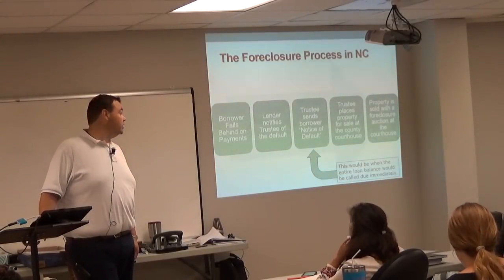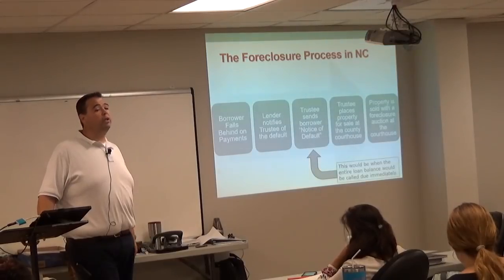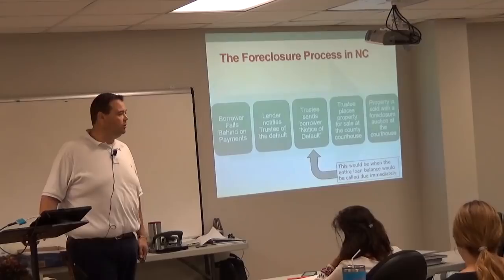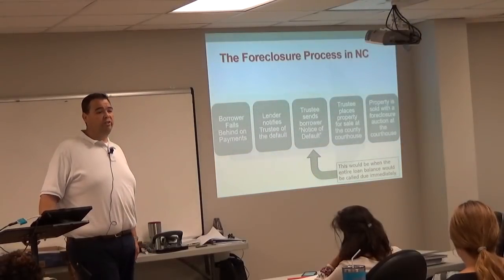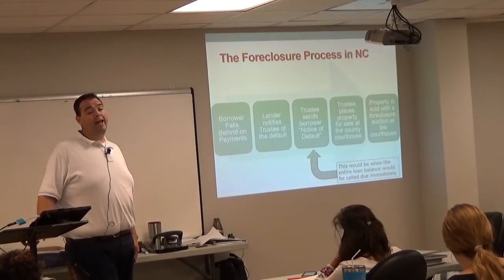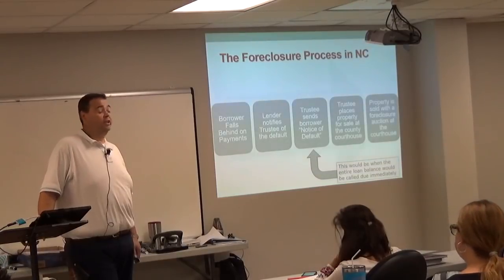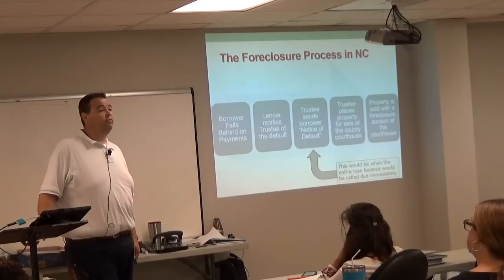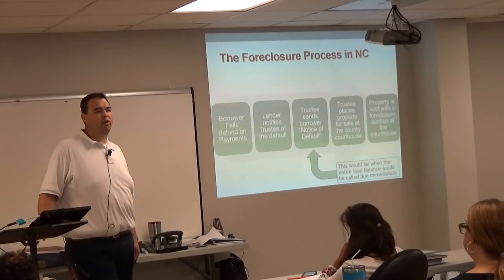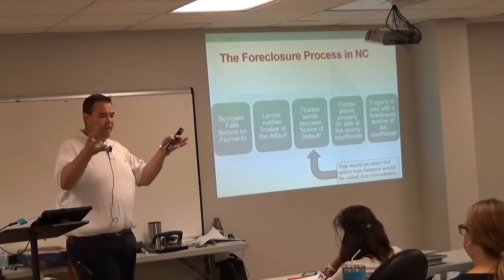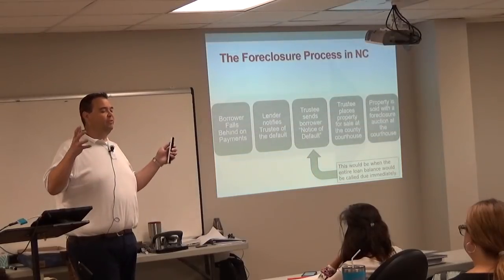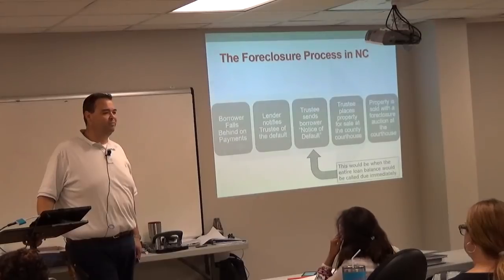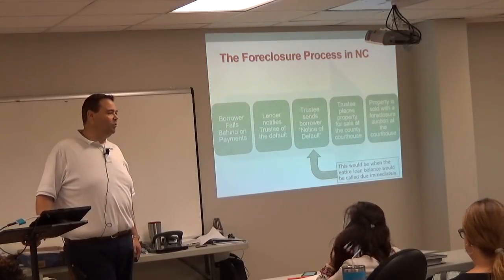And the foreclosure process moving ahead involves the trustee placing the property for sale at the county courthouse. That would be the next step in the process. The trustee goes and files an affidavit for possession. You don't need to know that, but it's just what happens. They go to the county courthouse, they file an affidavit for possession. What's possession mean? They're taking over the property, occupancy of the property. If the trustee's filing for possession, who does that mean they're taking possession from? From the borrower. That's exactly right.